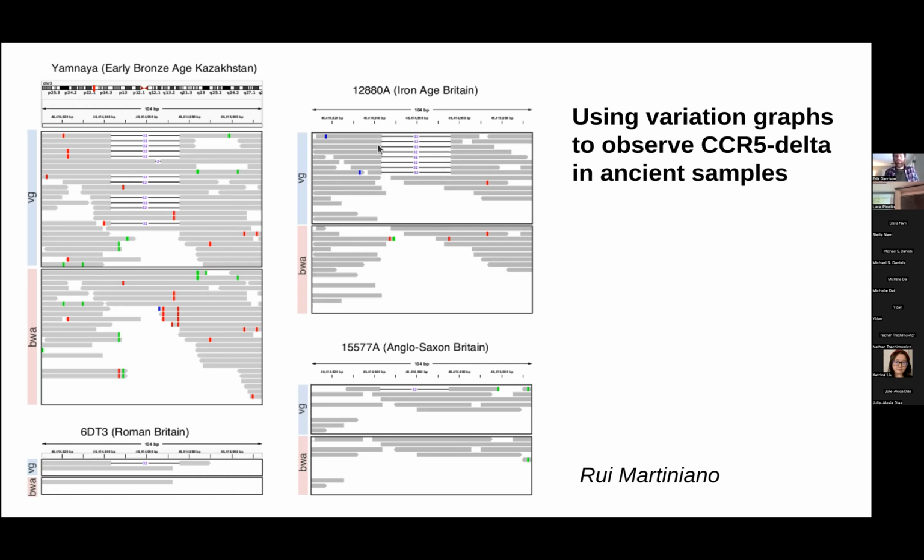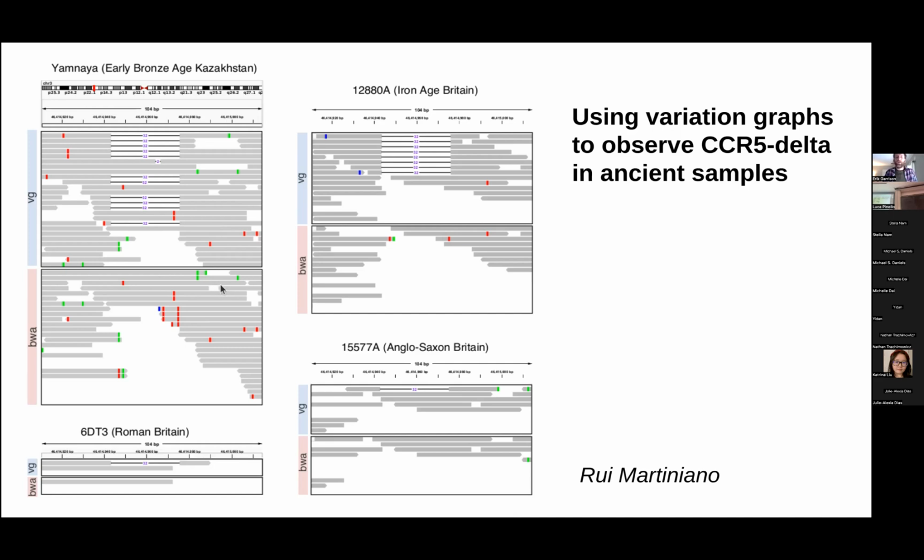This is a big indel deletion. If you're heterozygous for it, you are more resistant to various kinds of infections, specifically bubonic plague, and it's also been shown to matter for HIV. And if you want to go to ancient samples and look for the presence of this mutation, you have to